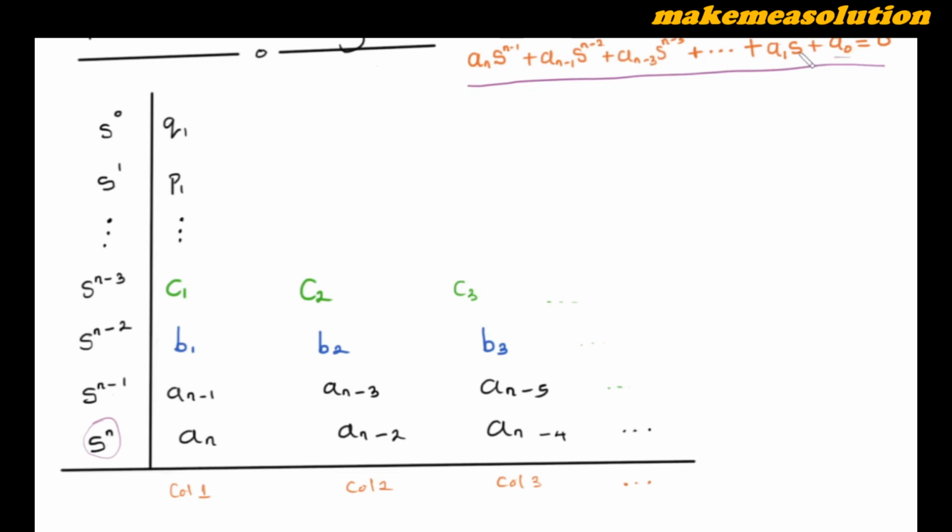That's a naught. As you can see, here is s to the 1, here will be s raised to the power of 0. S raised to the power of 0 is 1. Is that okay? So when you draft out your variable, that's your s variable in this particular form, from your characteristic equation, then you now start filling the